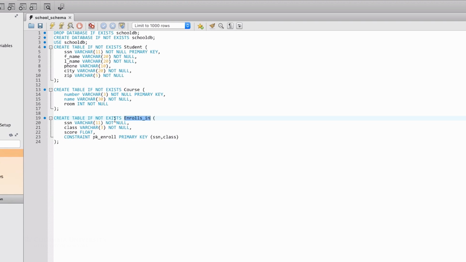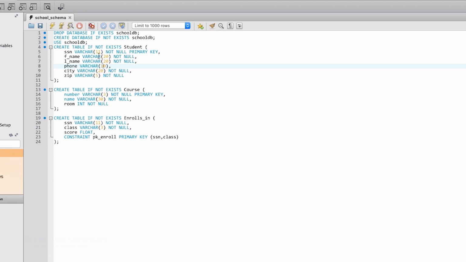In general, all my fields are NOT NULL except for the phone field. A student perhaps doesn't have a telephone, kind of odd, but you never know. And the score field in enrolls in, because obviously before the semester started, they don't have a final score, so that could be null. There have been no evaluation mechanisms initiated so far. So NOT NULL essentially says that this field cannot be null. If you add data into the table, you want to make sure that data is there,